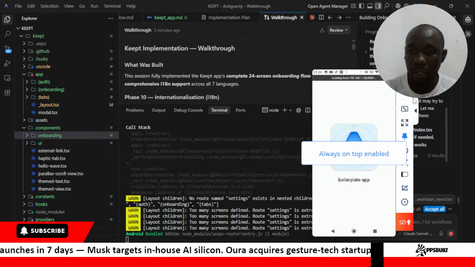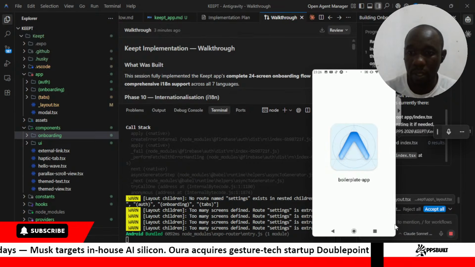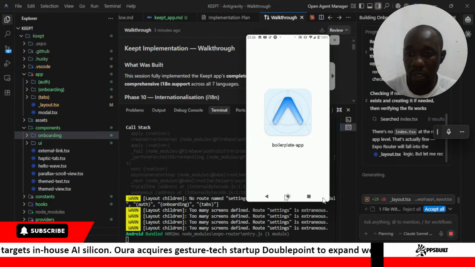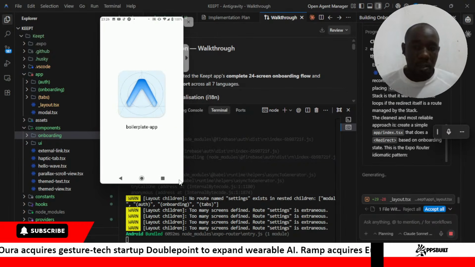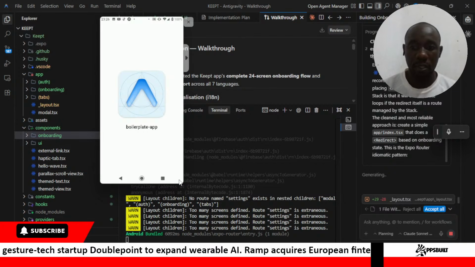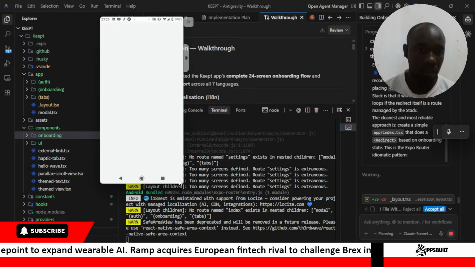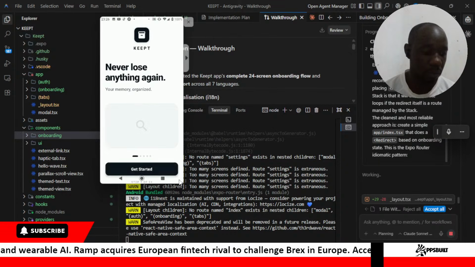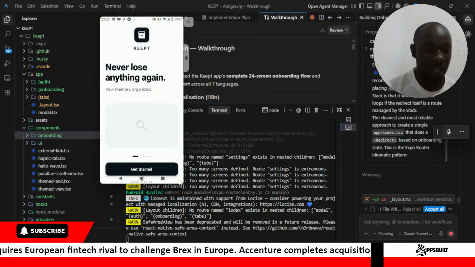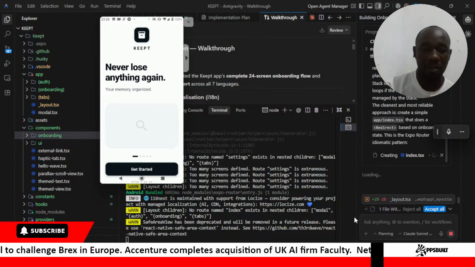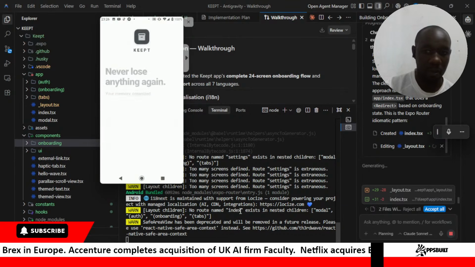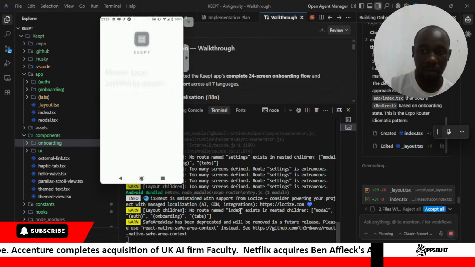So let's look at this app. It's reloading. So this is what we have in terms of the screens. I want us to look at these.